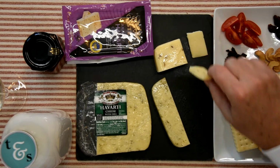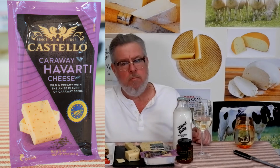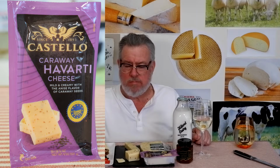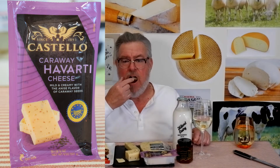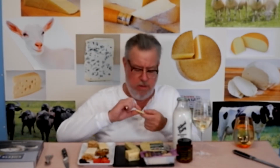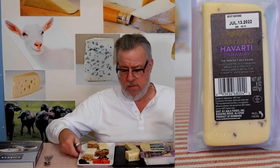So I'm going to try the Castello Caraway Havarti. Oh wow, nice buttery, slight tang in the cheese, good mouthfeel and texture, fatty feel. And the caraway is very mild. Depends on which piece you get and how many of the seeds are in there. Okay, so it's a strong flavor but sparingly used, so that should be easy to work with. And I've got